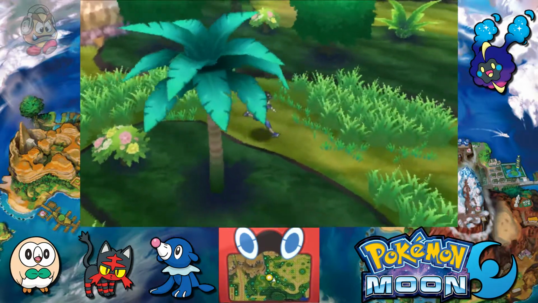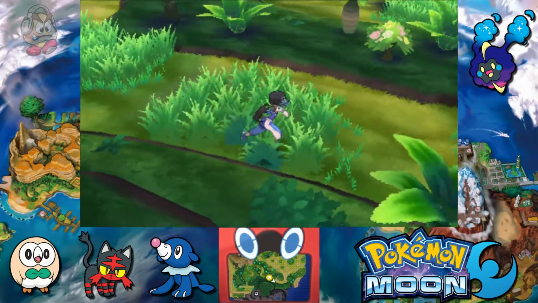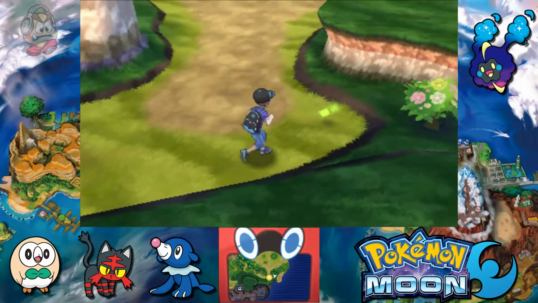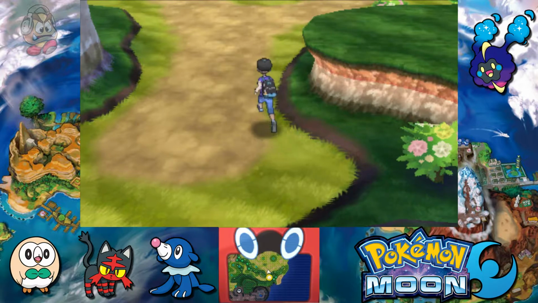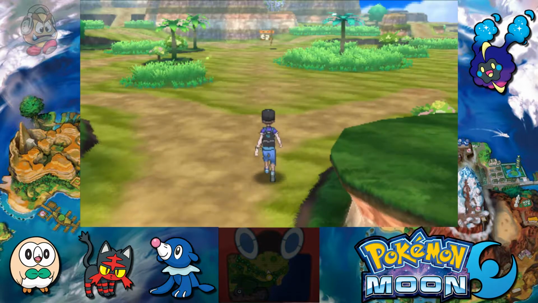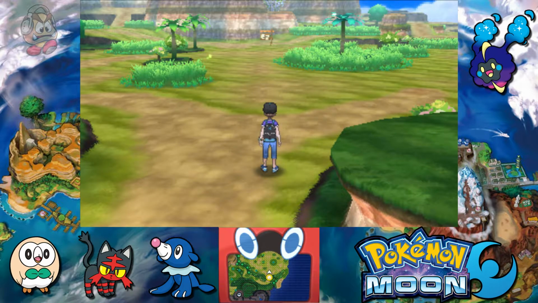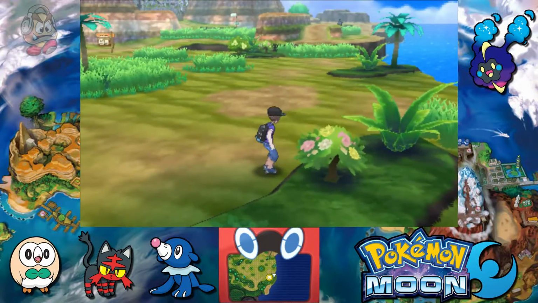Let's go to the right here. Got another Zygarde Cell, which is nice. And here we are at the Poni Plains. So now we're very close to the Poni Meadow, which is the location of the place you want to go. So if you go to the right here,